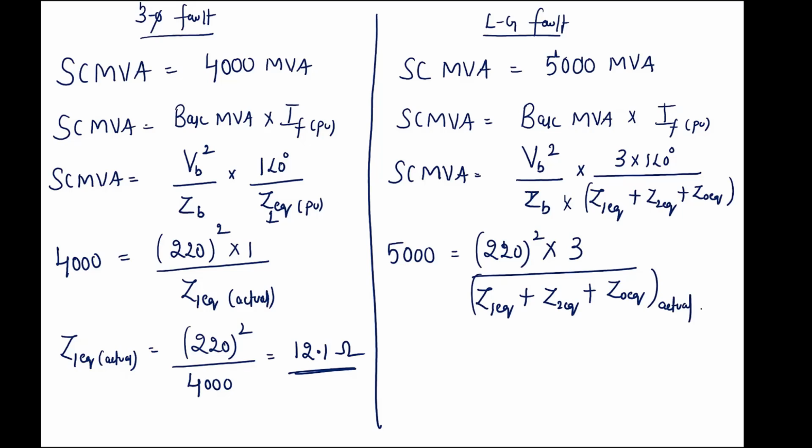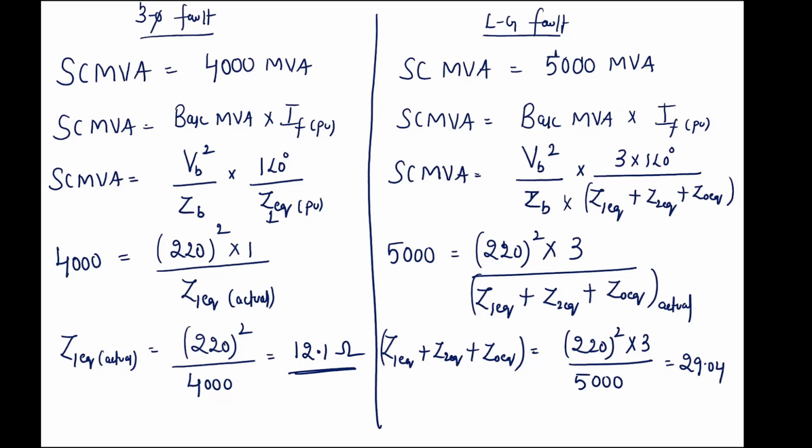So Z1 plus Z2 plus Z0 equivalent actual values is equal to 220 square into 3 divided by 5000. If you do the calculation,